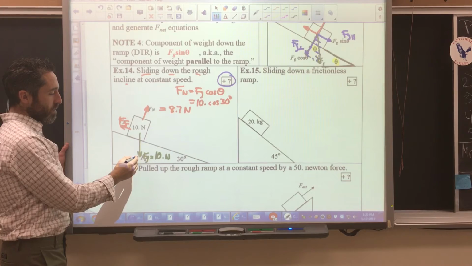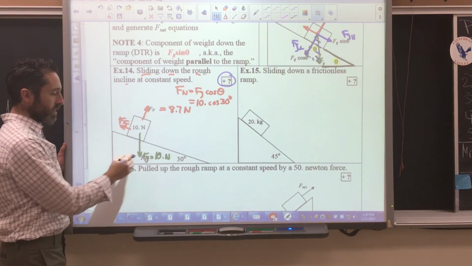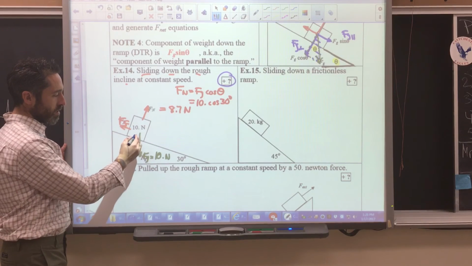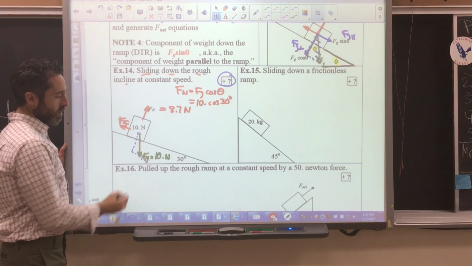So what we say is, oh, wait a minute, the Fg is actually the resultant weight. It's the total weight. That's the hypotenuse of a right triangle. Which one? This one. And this right